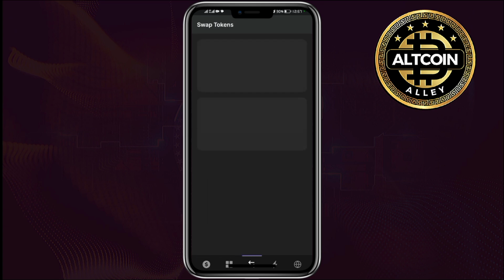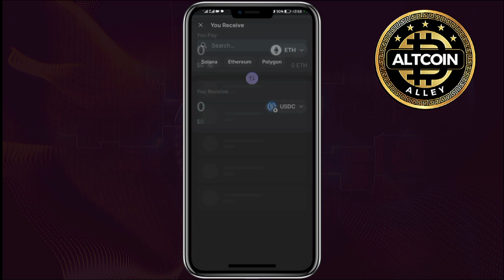So once you click on swap in your Phantom wallet over here, what you'll do is simple. Remember, you're swapping from Ethereum to Solana. So click on these arrows over here so that Ethereum can appear on the top. So this means you're paying Ethereum and you receive Solana. So click on this drop down arrow there, then select Solana,